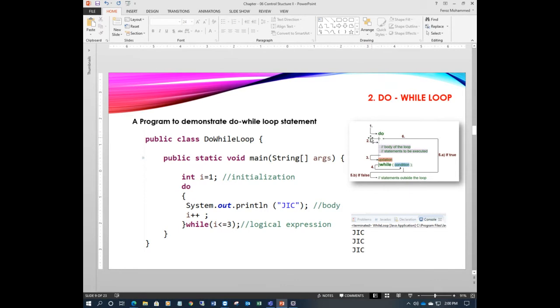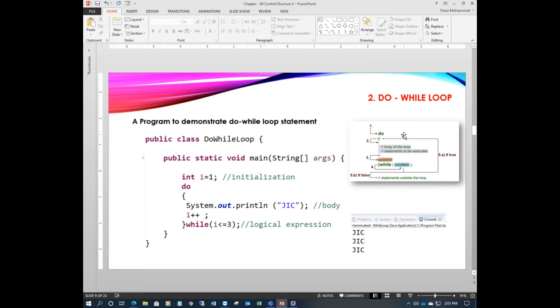First do, then it will enter into the body. Second, it will execute the statement and updation. After this, third, you see the fourth one. The fourth one, you see the condition. If it is false, it will exit outside right away. If it is true, you see 5a true, it will go again back, become 6, it will execute the body. Means first execute the body, check the condition, condition true, again execute the body. And this is the loop.